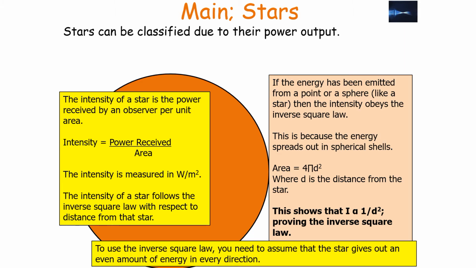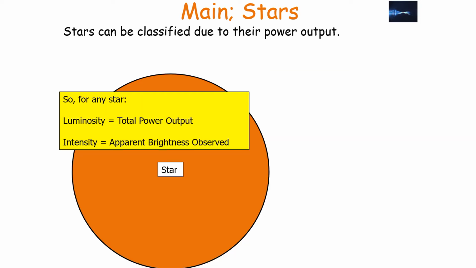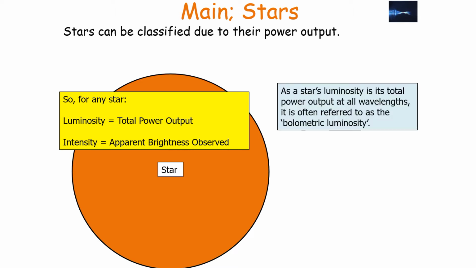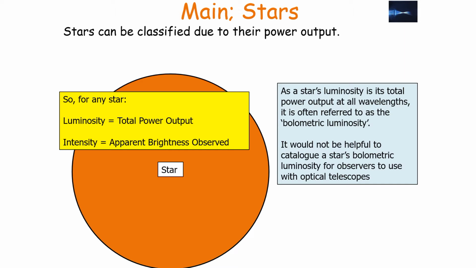So to use the inverse square law, you need to assume that the star gives out an even amount of energy in every direction. So for any star, luminosity equals the total power output, and the intensity is the apparent brightness observed. Now, as a star's luminosity is its total power output at all wavelengths, it's often referred to as the bolometric luminosity. Now, it wouldn't be helpful to catalogue a star's bolometric luminosity for observers to use with optical